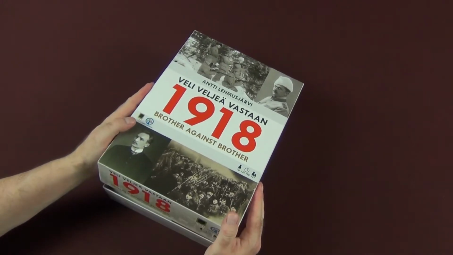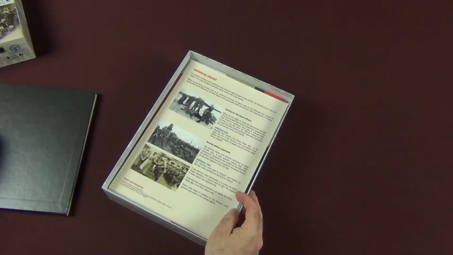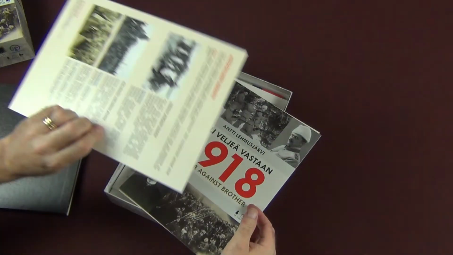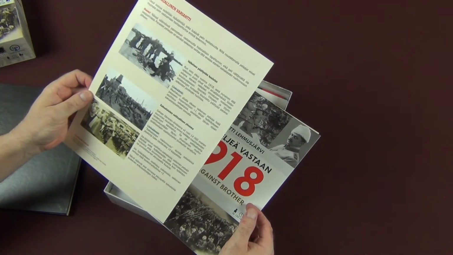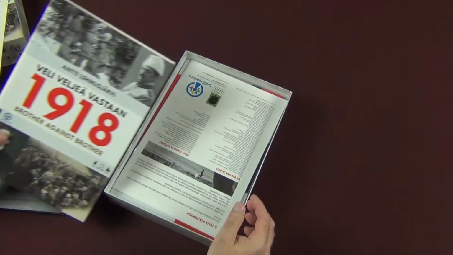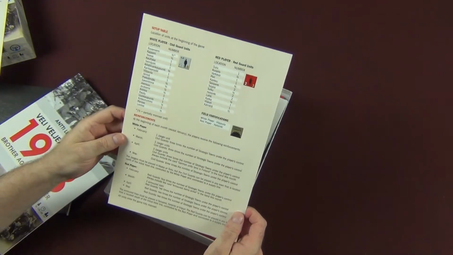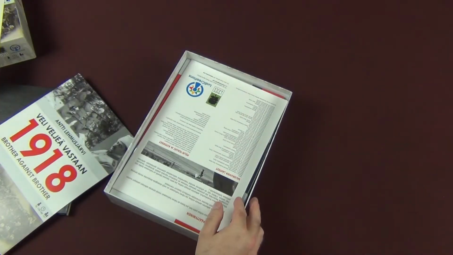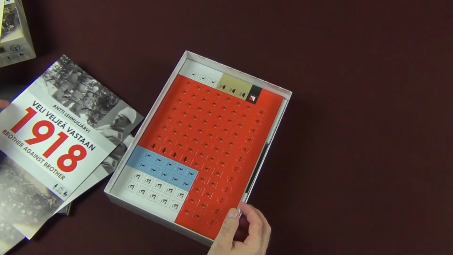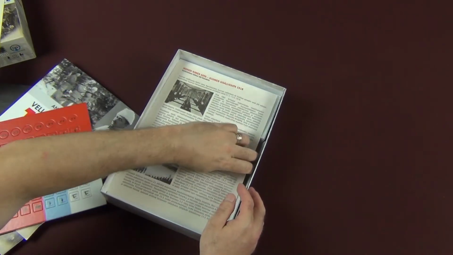Good sized box too. So we've got our mounted map, which we'll come back to in a minute, our historical variant in Finnish and English on either side. Put that on the side. Got our rule book. This is setup table, reinforcements, and we have another book which we'll come back to, counters, and